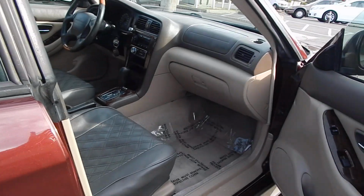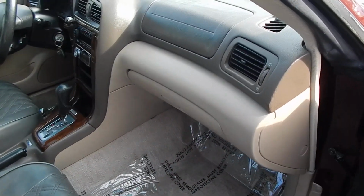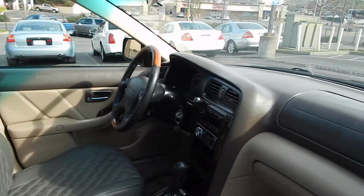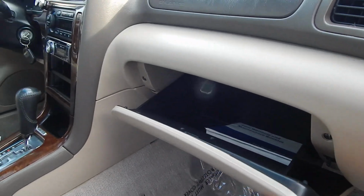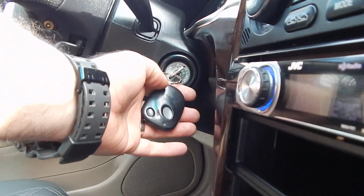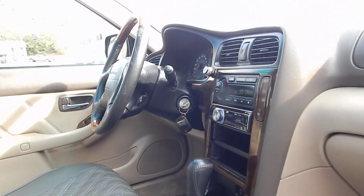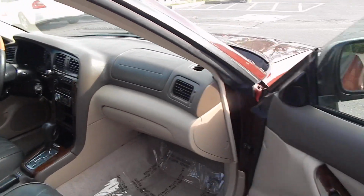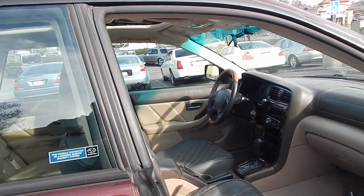And finally, the front passenger compartment. Great shape. Carpeting is unstained and very clean. No odors of any kind, and the vehicle comes with all books and manuals. The vehicle was equipped with the factory alarm system, which actually was made by Alpine, which provided Subaru and BMW their alarm systems. This was like a $700 option when the car was brand new,